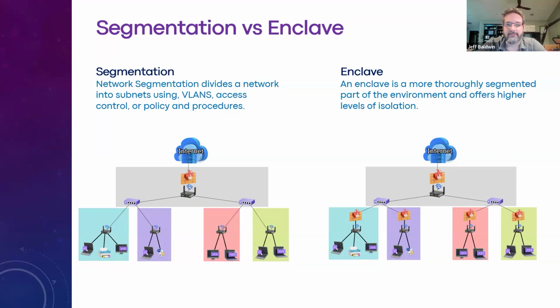Enclave is a little bit more thoroughly done with that separation, with that level of isolation. So they're very similar, but they're not necessarily one for one. If you look at a Venn diagram, there's a lot of overlap between segmentation and enclave, but they are not a one for one for each other. So that's just kind of clearing that up first. And then on the next slide,